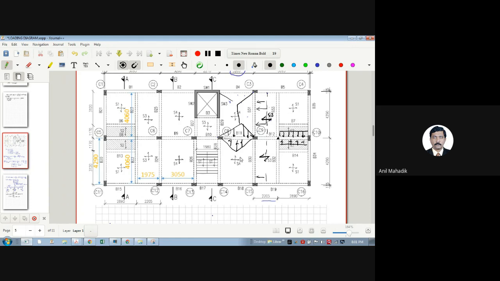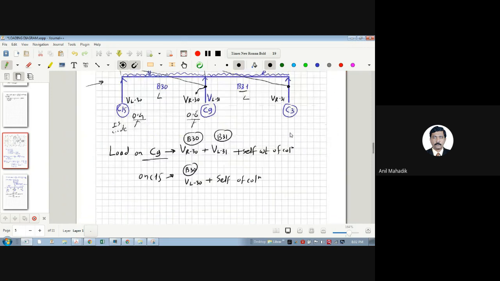So if I ask you to draw the loading diagram of, let's forget this for the time being, let's take just B11 and B12. Okay. So B11 and B12 will be